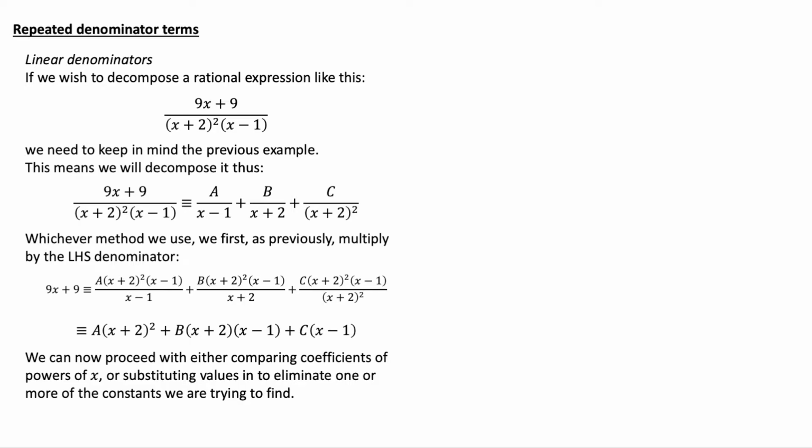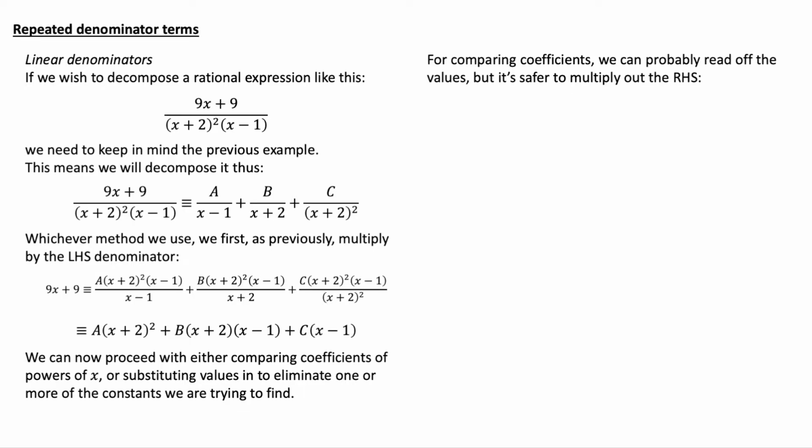Now we can proceed with either comparing coefficients of powers of x or substituting values in to eliminate one or more of the constants we're trying to find. And different people prefer different methods. If we compare coefficients, we can probably read them off by just looking at these, because they're not difficult to